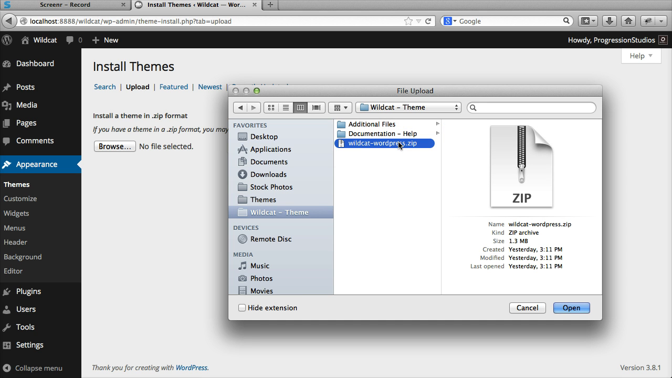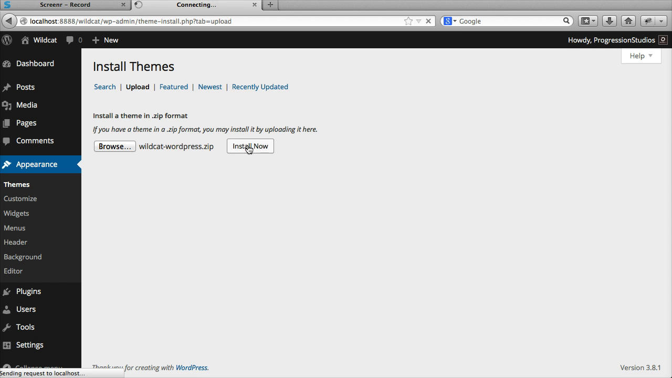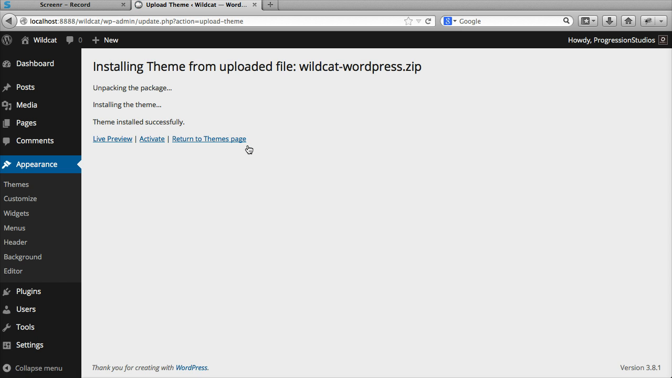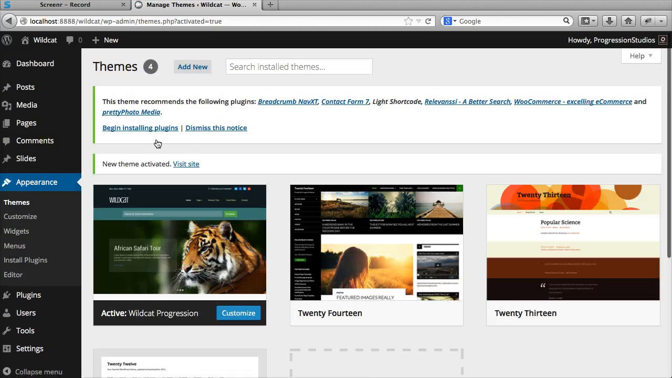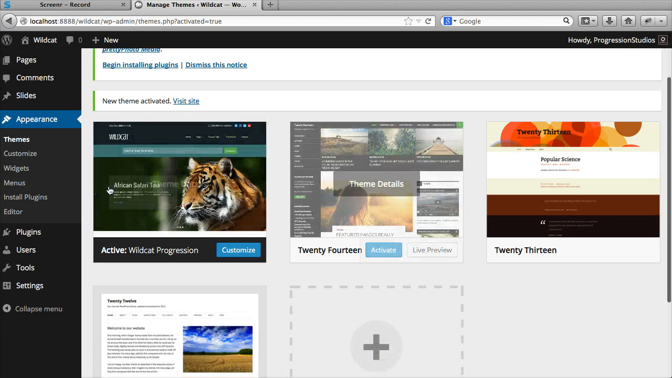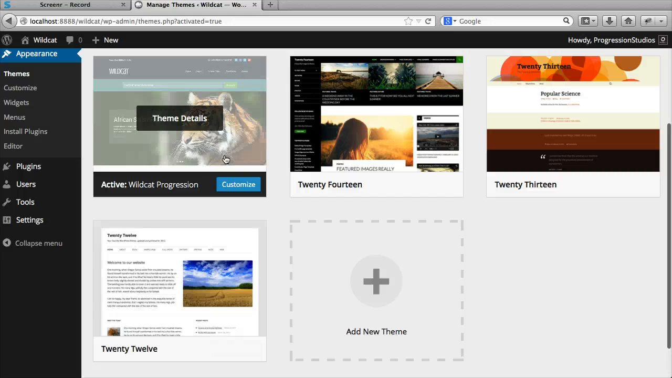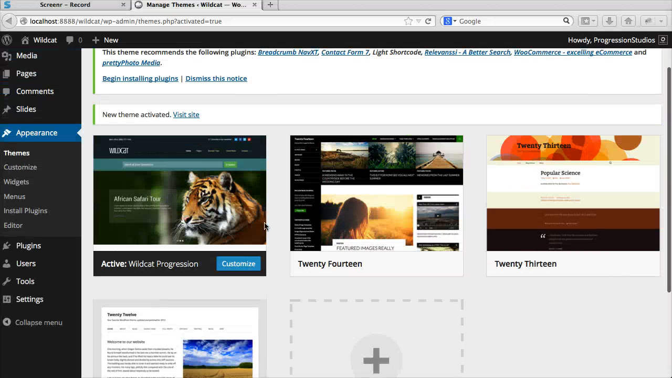What we're looking for is the .zip file within that called Wildcat WordPress.zip. Should be about a megabyte. So we're going to open that and then install it. And it should be a pretty quick install since the file size is so small. And you can either click Activate here, or you can look under Appearance Themes and you'll see it in a list and be able to activate it